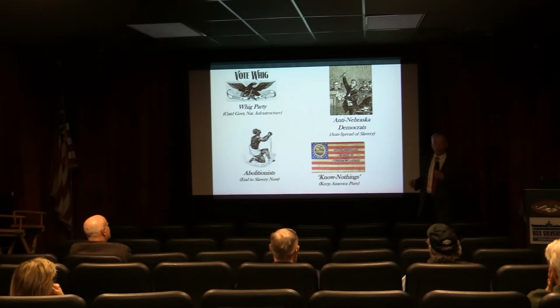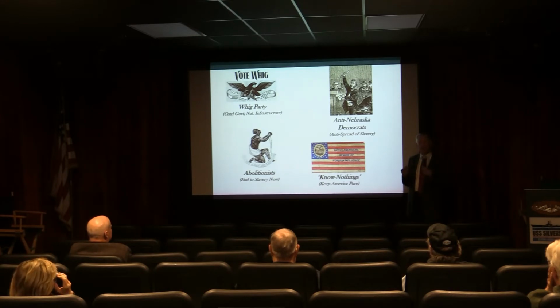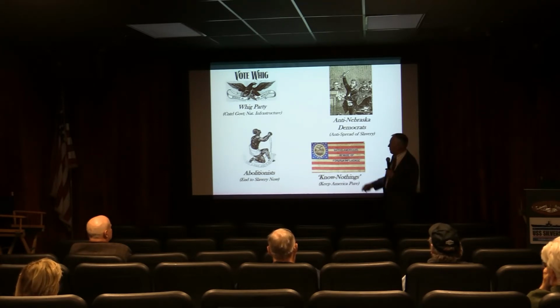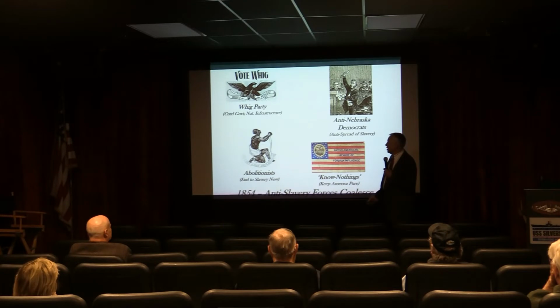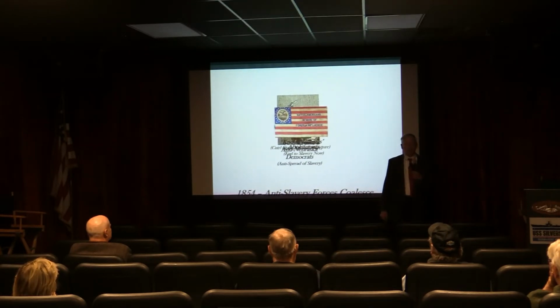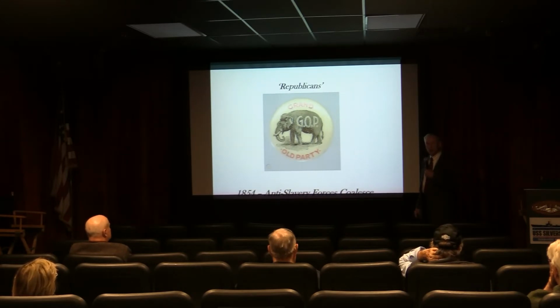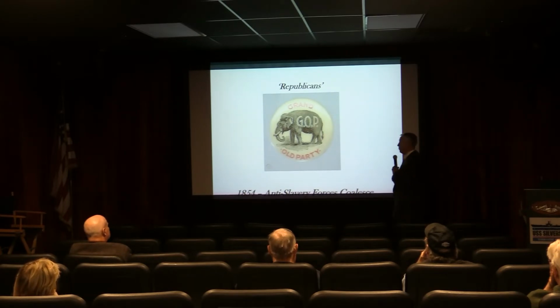Anyway, these 4 groups recognized that as individual groups, they were small potatoes. They could not compete on a national level and gain a significant following, but united against slavery, they might be able to pull together some power. And so in 1854, these 4 groups, and perhaps others, did in fact coalesce. They tossed away their earlier titles, and they became known as Republicans. That was the birth of the Republican Party. United against slavery. United for abolition.